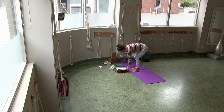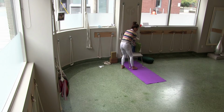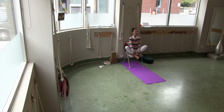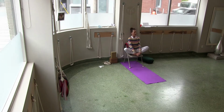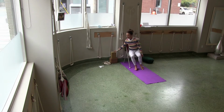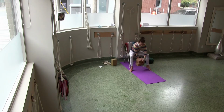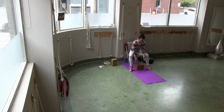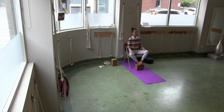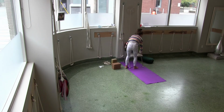You need a blanket to cushion. So we are starting either in Baddha with the feet together on the chair, and for Selvega, she has taken a couple of bolsters, and her feet are now properly supported so that the knees are in line with her hips, which is super duper. For those of you that can be on the floor,